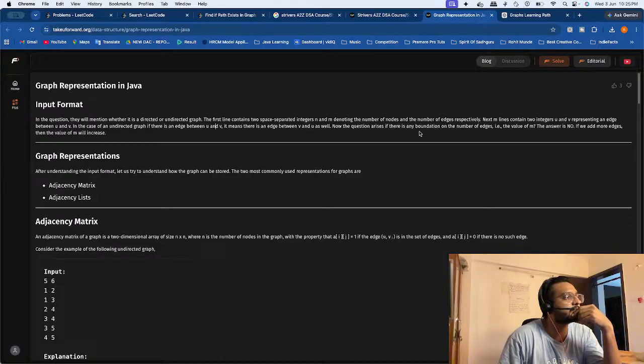Now the question arises, is there a bound on the number of edges, that is, the value of m? The answer is no. If we add more edges, then the value of m will increase. Graph representation: adjacency matrix or adjacency list. After understanding the input format, let us try to understand how the graph can be stored. The two most